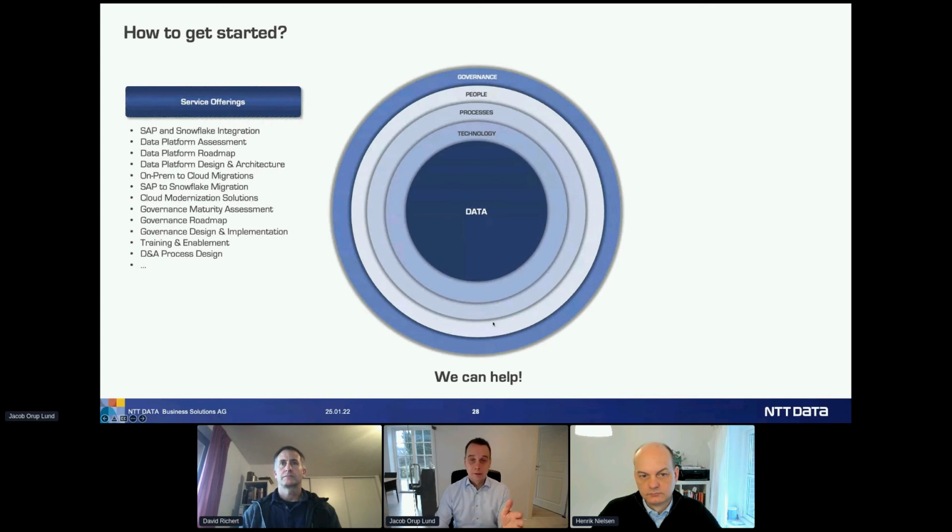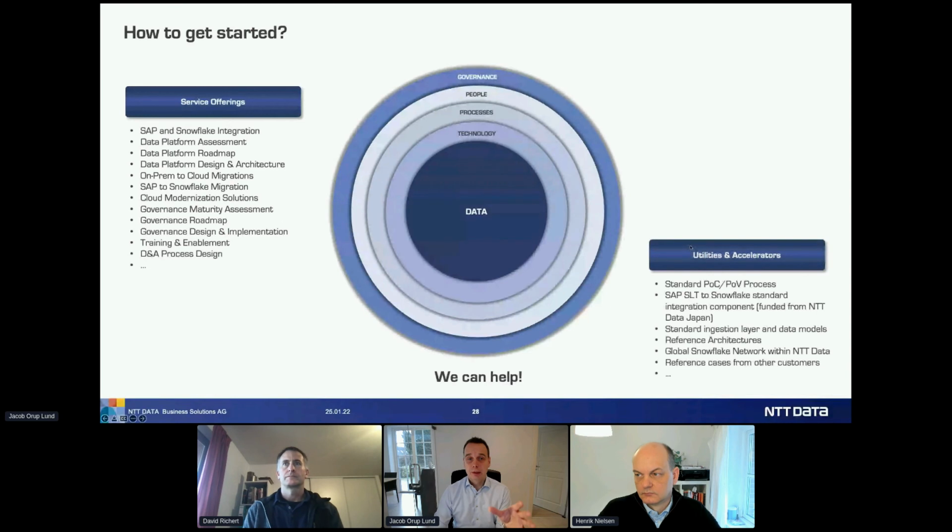So on Snowflake and SAP data integration, data platform assessments, governance roadmaps, and so on. So we have a catalog of service offerings that we can deploy to help you. But we also have, you can say, utilities and accelerators. And I won't go through all of them, but I do want to highlight one that we receive funding from